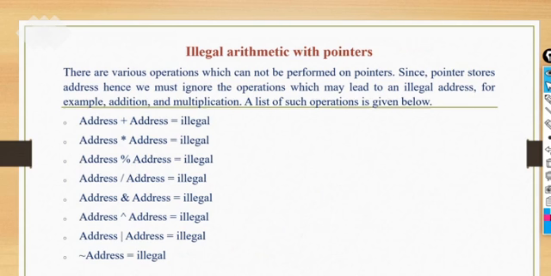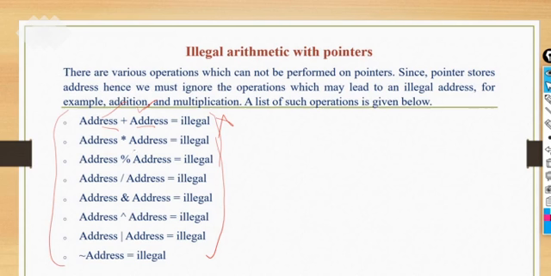Next thing that we have here is illegal arithmetic operators. If you try to operate on addition, like adding some address to some address, it is totally illegal. These are the illegal operators that you cannot apply on pointers. You cannot add two addresses because you cannot operate on the memory. Memory is self-operated, like a user cannot do anything to the memory address.